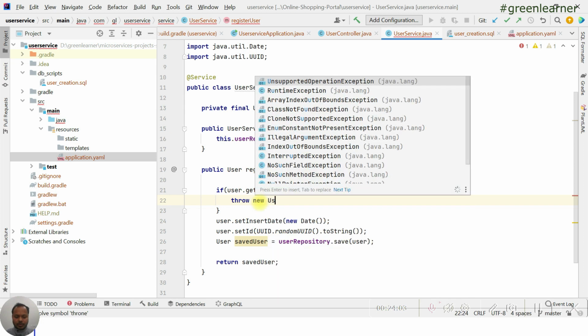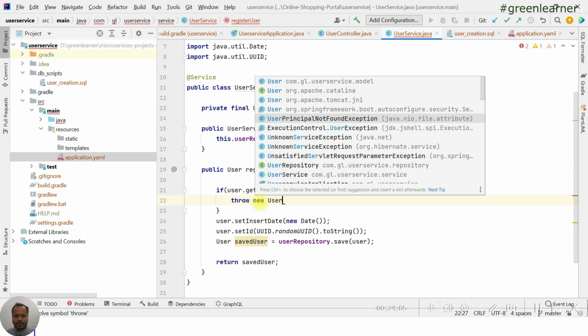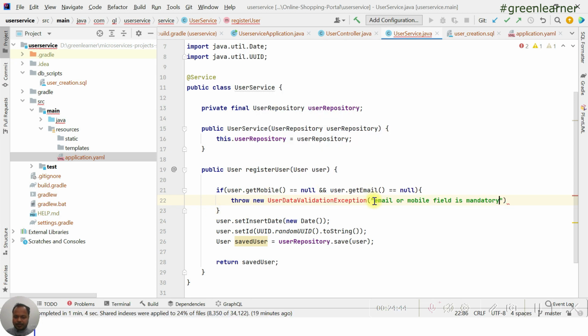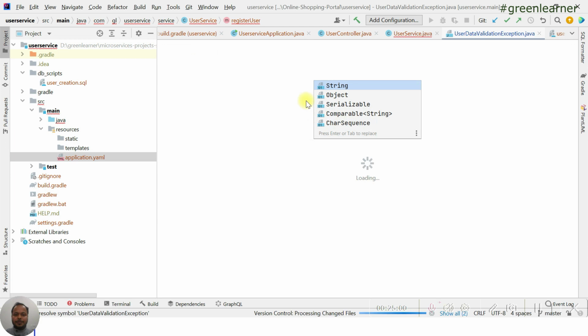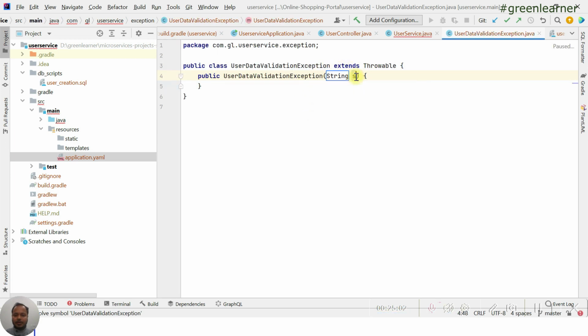So throw a user exception, and we can put it in brackets so that anyone knows that one of these fields is missing. Okay, and just create this class here. Extend exception, and just get the name.